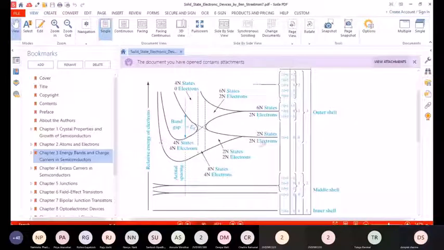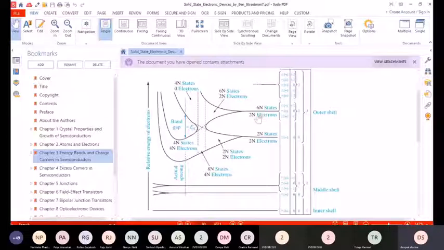So we know there are different shells, right? The first shell is called the inner shell. There will be two electrons. We have taken the example of silicon, and in the middle shells again there will be 2s2 and 2p6, right? And then in the outermost shell also we will be having two electrons. So what we were concluding from this was, out of a total of 6 vacancies, there are 2 electrons in the outermost shell.